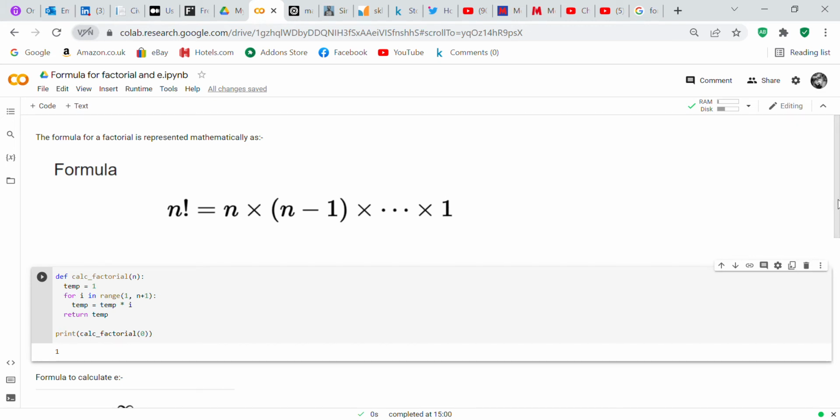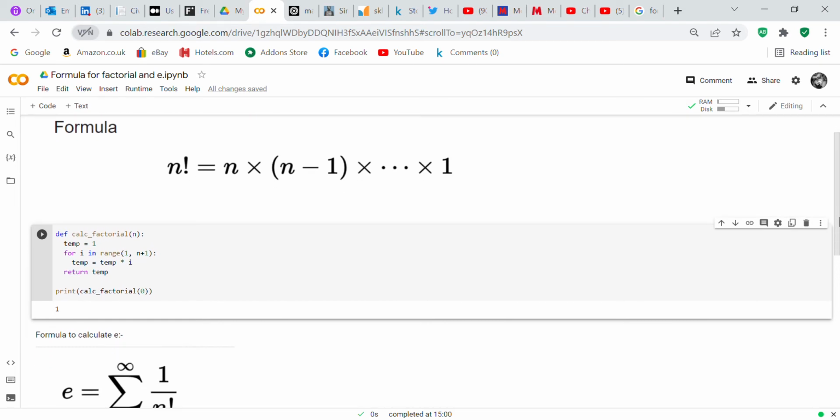Now we're going to take this formula and convert it to Python code. The first thing we're going to do is define calc factorial n. Then we define the variable temp equals 1. Then for i in range 1 to n plus 1, temp equals temp times i, return temp. And then we're going to print calc